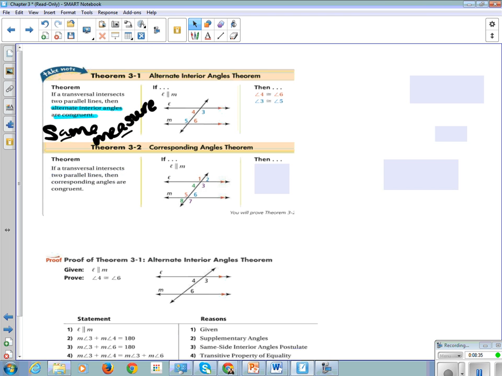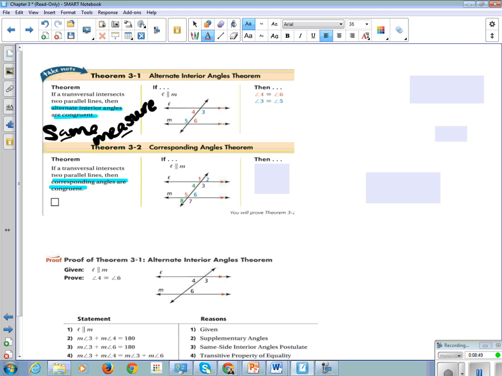Then corresponding angles are congruent. The theorem says corresponding angles are congruent, same measure. We'll type that out. Same measure. So if we're looking at who's got the same measure,